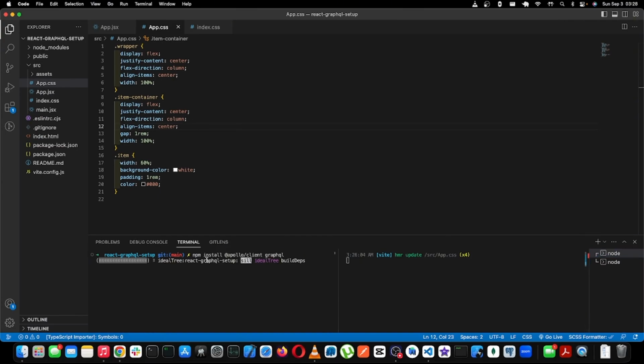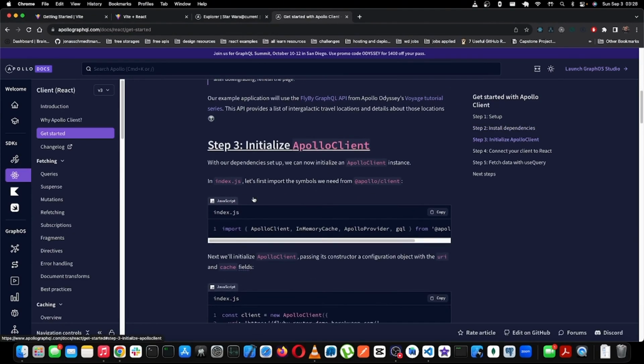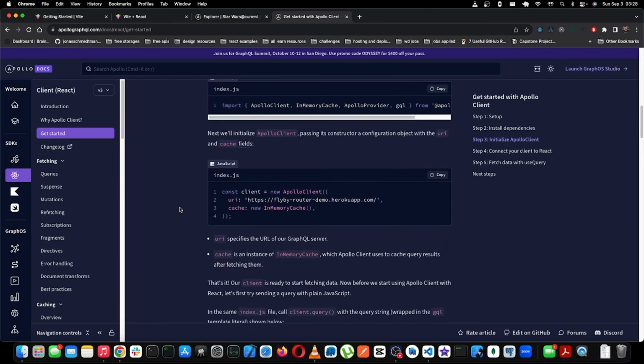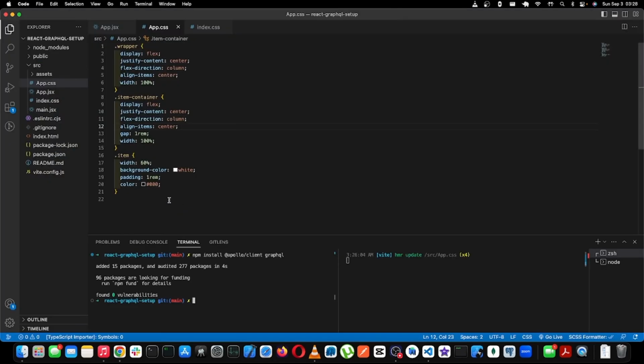We do this. Now we will install Apollo client, which is a library that we are going to use on the front end to connect to the API. And GraphQL is the library that helps us use the GraphQL API structures in the front end. So now let's go there, and they have a full-on tutorial that, if you want, you guys can go through in the documentation,